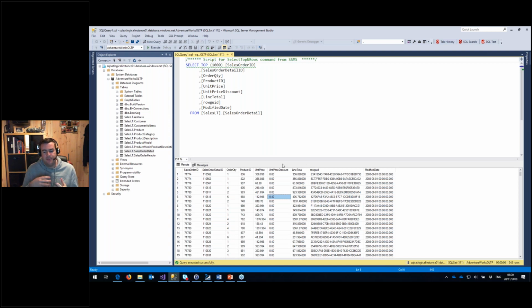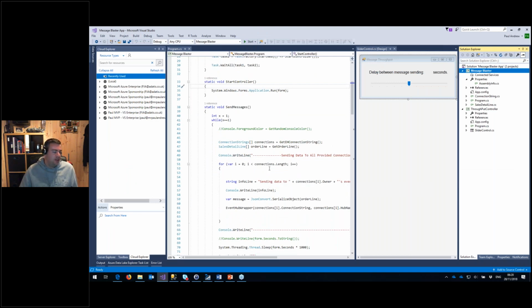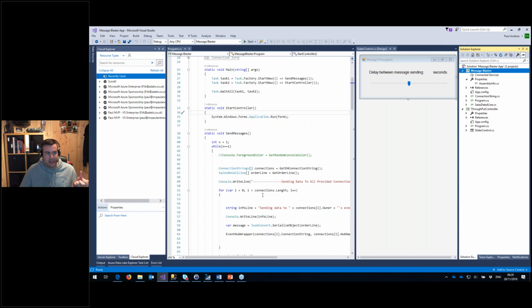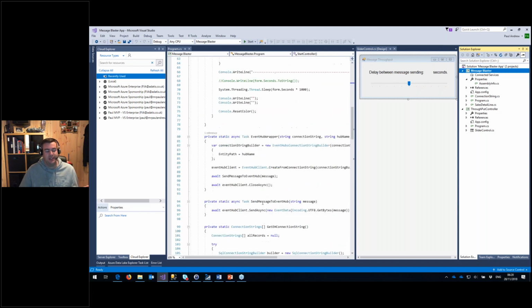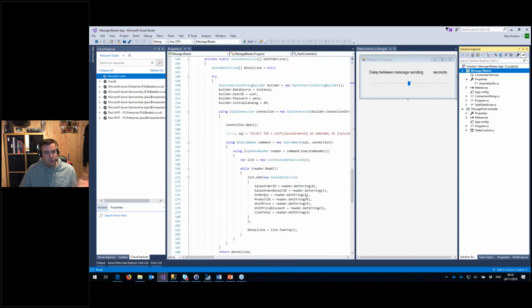And what I've done is, this of course isn't naturally a data source that lends itself to this real-time feed. So what I've done is I've artificially created that real-time feed using this data source with a little bit of C#. In Visual Studio, I've got a fairly simple app that I'm going to run shortly, and this is going to hit my AdventureWorks database. It's going to randomly select a line from that order details table,